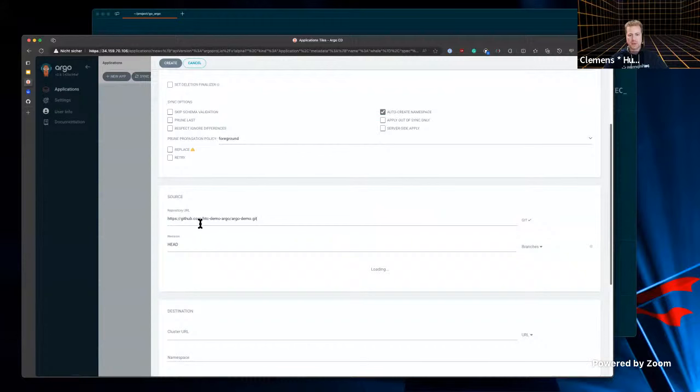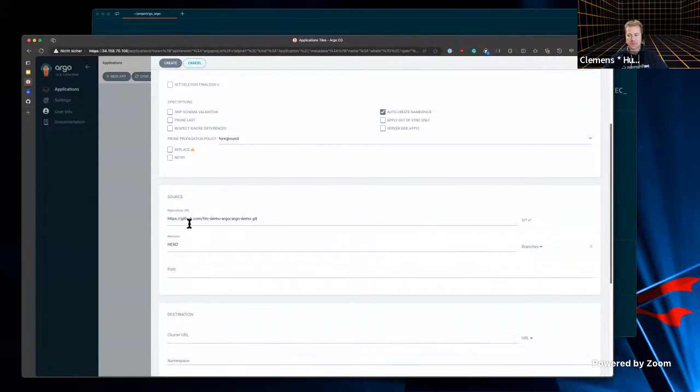The repository URL is already configured because that's a private repository. I need to authenticate. If you ever do that in Argo CD yourself, always go to settings and set up the connection to your Git provider first. If you don't do that, you can't just pick it here and then you don't have any way to inject credentials. So you can only work with public stuff. And then you type all of the stuff in, and then you hate yourself because you have forgotten it.